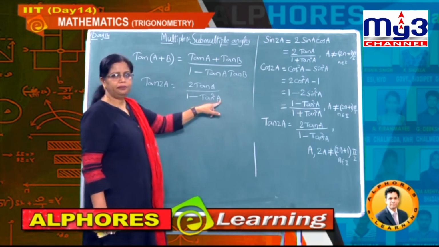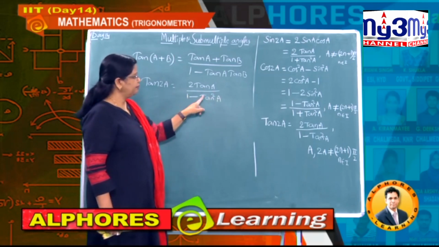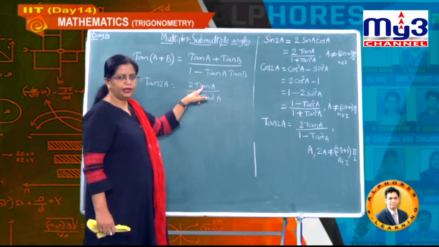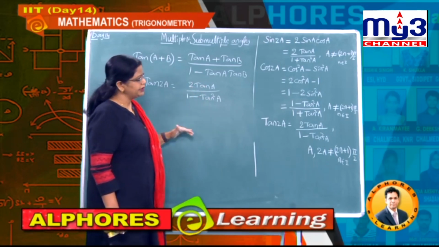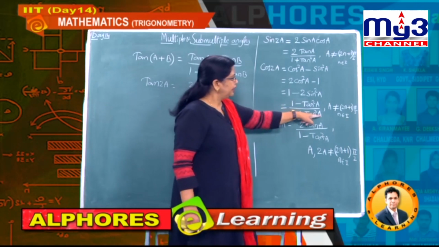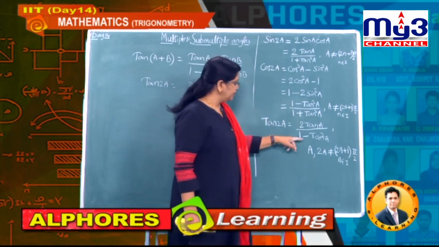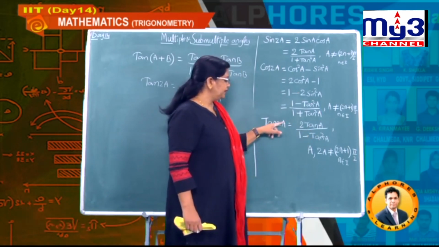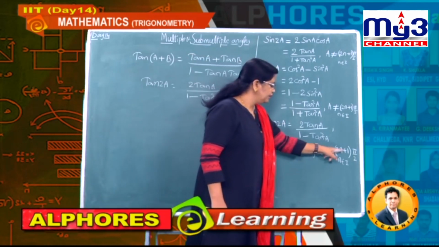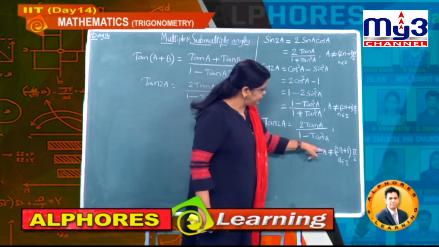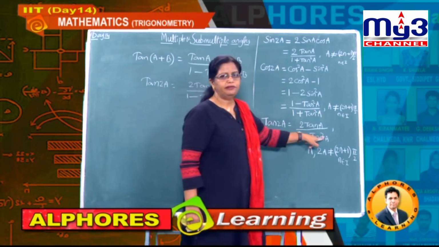Therefore if it is pi by 4, it will become tan 45 degrees, 1 square is 1. So 1 minus 1 is 0, numerator 1. So 2 into 1, 2 divided by 0, which is undefined. Hence, not only is the A value not an odd multiple of pi by 2, even the 2A value you also have to consider. What is 2A here? A not equal to an odd multiple of pi by 4. If you take the 2 down, it will become pi by 4. Whether positive or negative, because an even power is there.